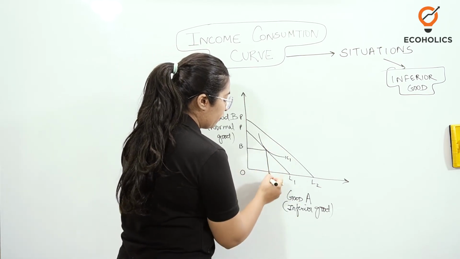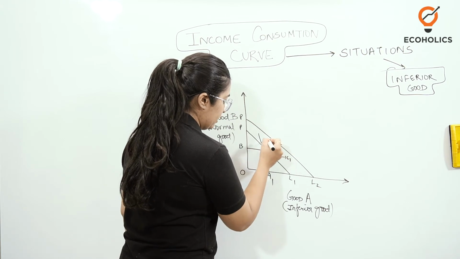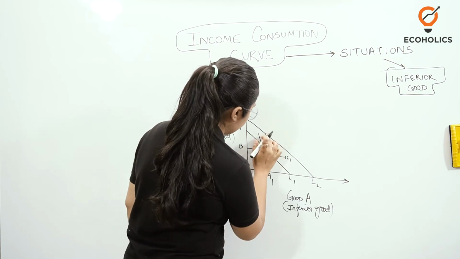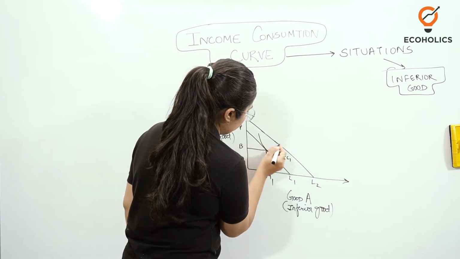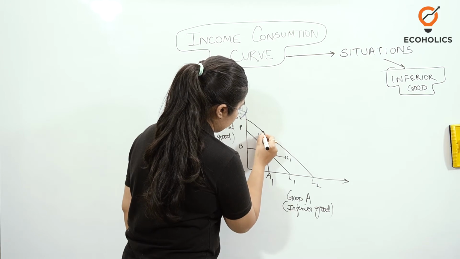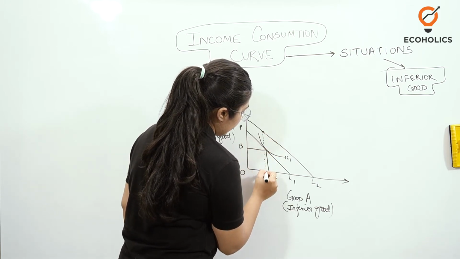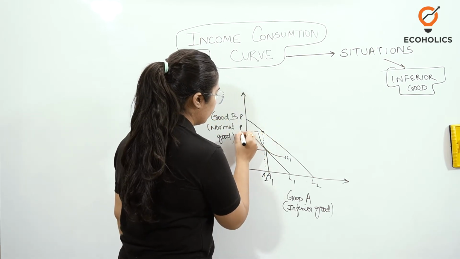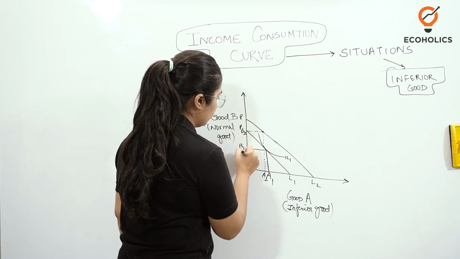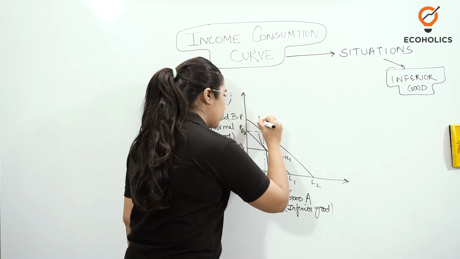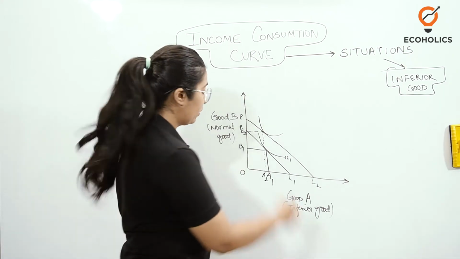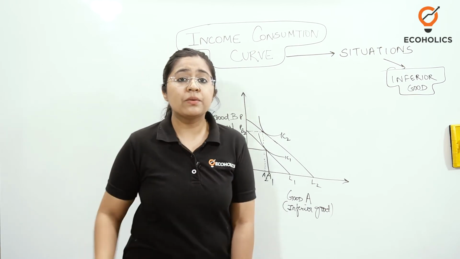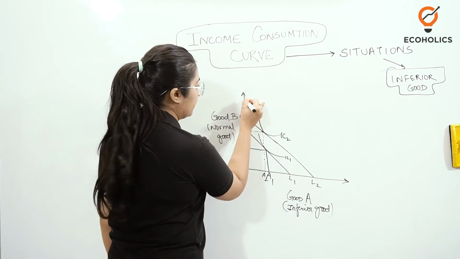So what is going to happen now? The quantity of your commodity A is going to lessen and you're going to purchase, let's say, a certain lesser quantity of A while a more quantity of B. Okay, so the indifference curve is going to be made somewhere over here. Okay, this is the tangential point, this is IC2. Now similarly your income increases furthermore. Okay, so now you are at